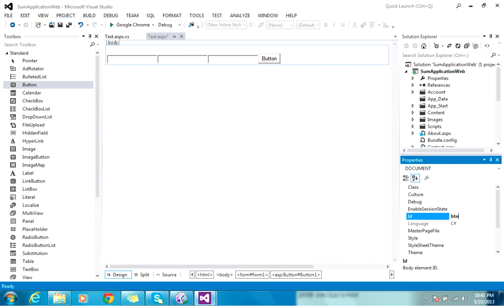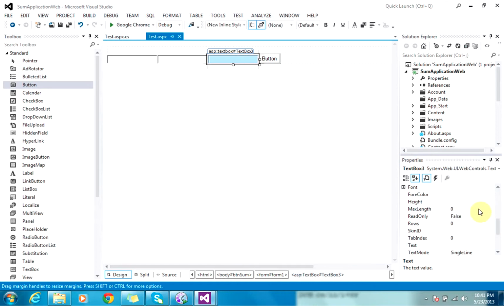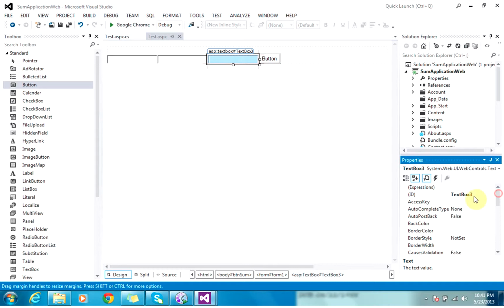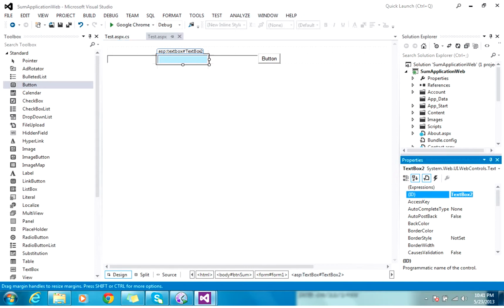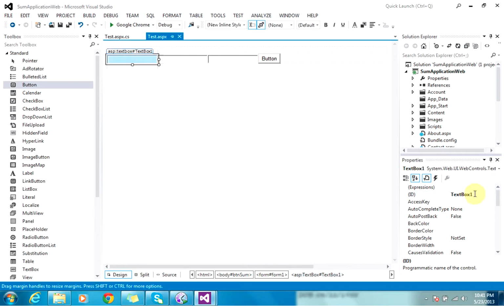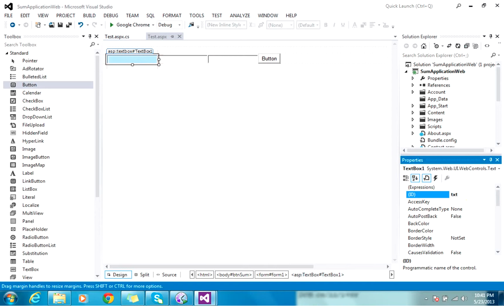So btn sum is the name of this button, and this is txt result, like text box 3 txt result, and this is txt input, txt number 2, and txt number 1. So you have 2 inputs and 1 output.